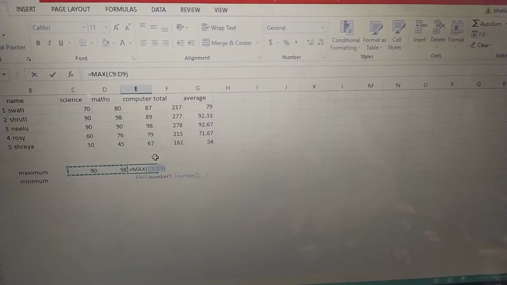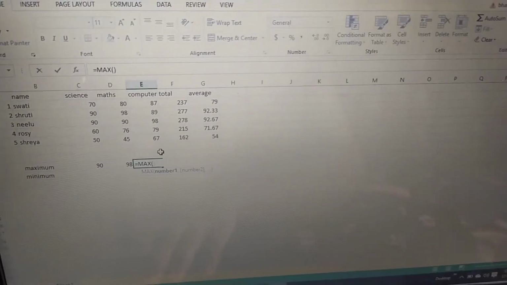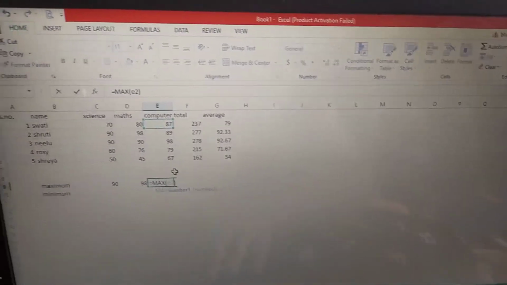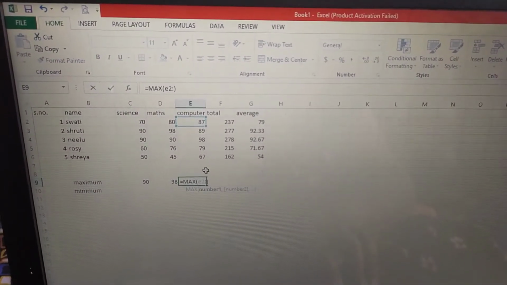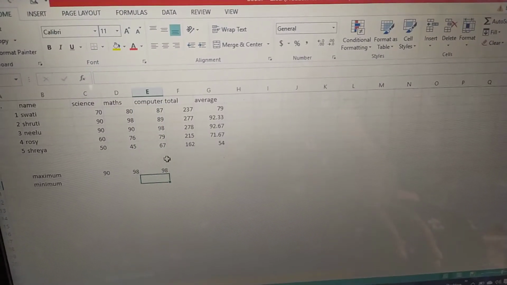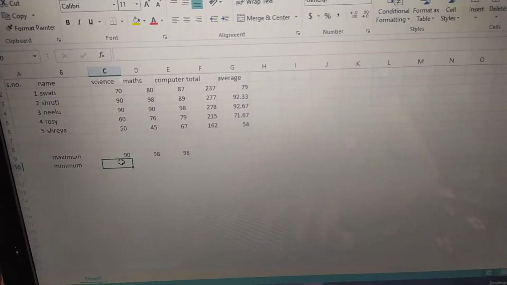Again, the range is not coming proper. We will give the range E2 to E6. See, the maximum marks is 98. Now let us find the minimum marks.